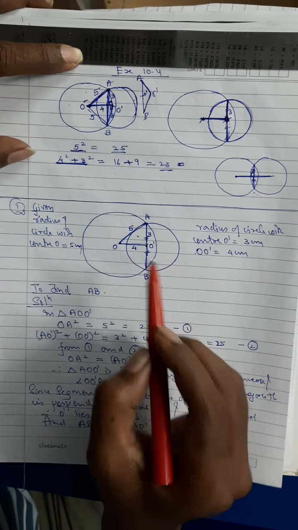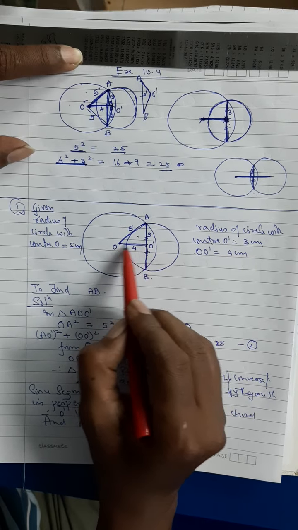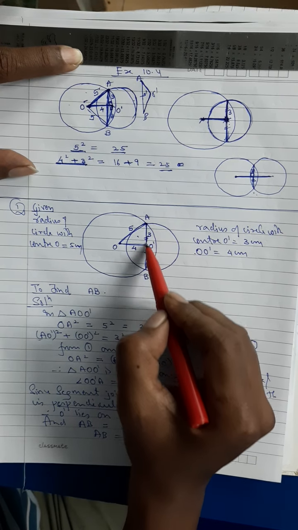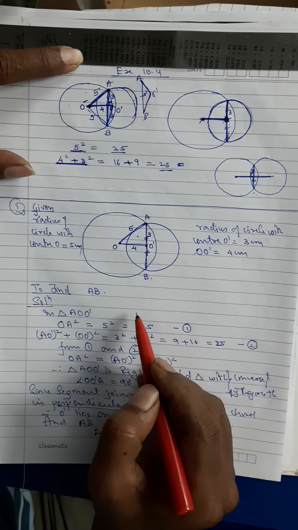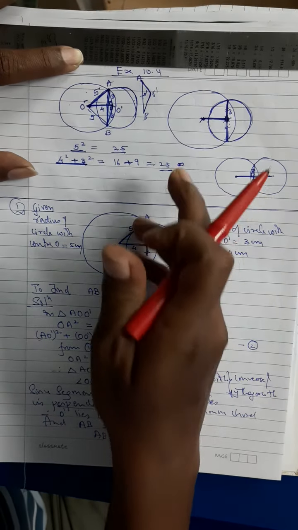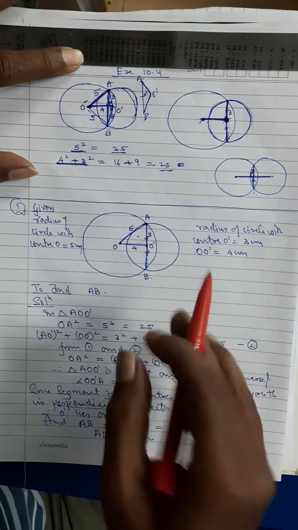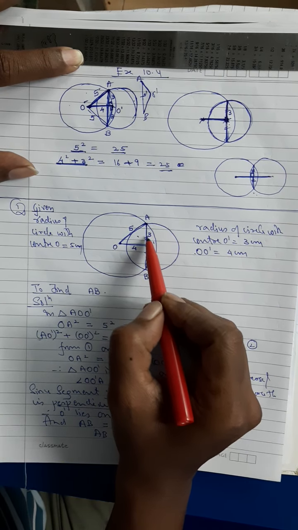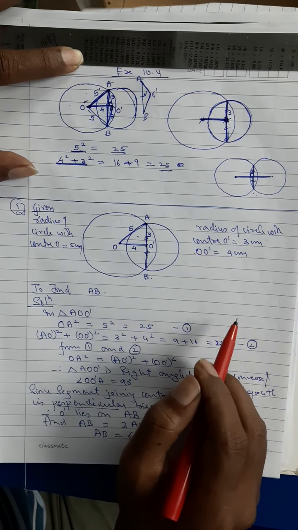In short, because this is 90 degree, the segment joining the centers of the circle has to be a perpendicular bisector of the common chord. The O dash where 90 degrees, it has to be lying on AB. This is very clear. Once that is done, then AB will be double of AO dash because it is a perpendicular bisector. It is not only perpendicular, it is also bisecting, means AO dash and O dash B are congruent.